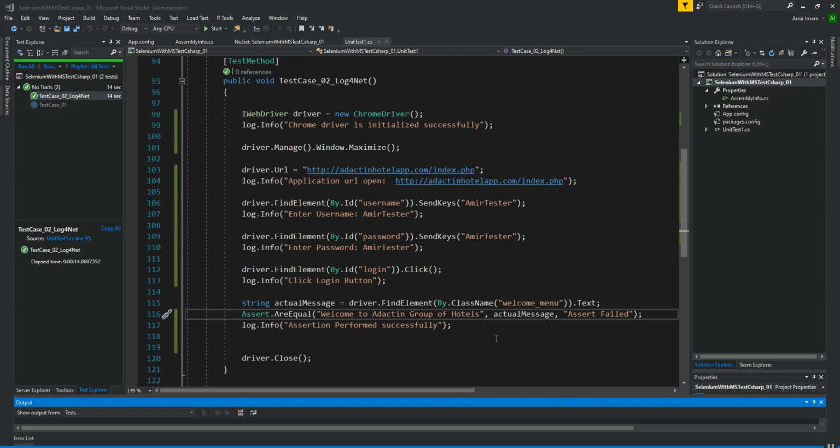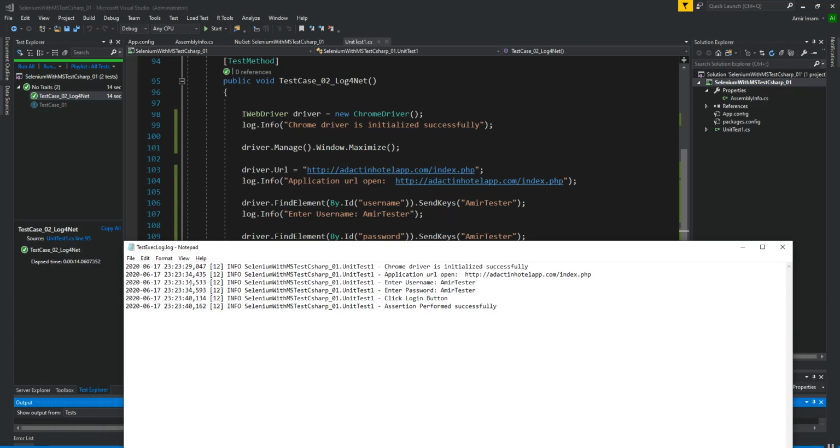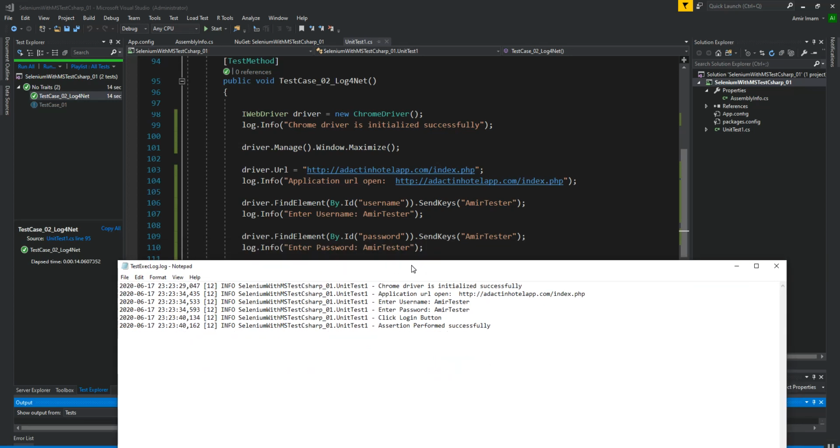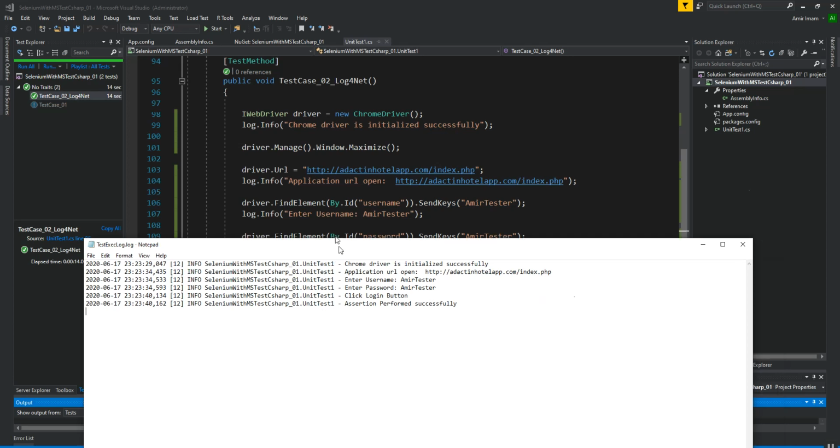It is passed. So let's check the log file. So this is the log file, and here as you can see the log pattern with the step details which I had mentioned, like Chrome driver is initialized successfully, application URL, the username, password, and the click login assertion. So here is the complete detail of the logging using log4net.